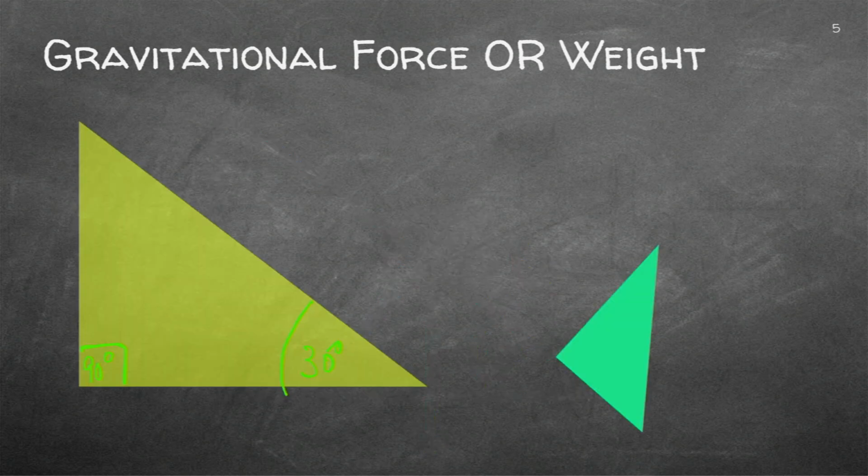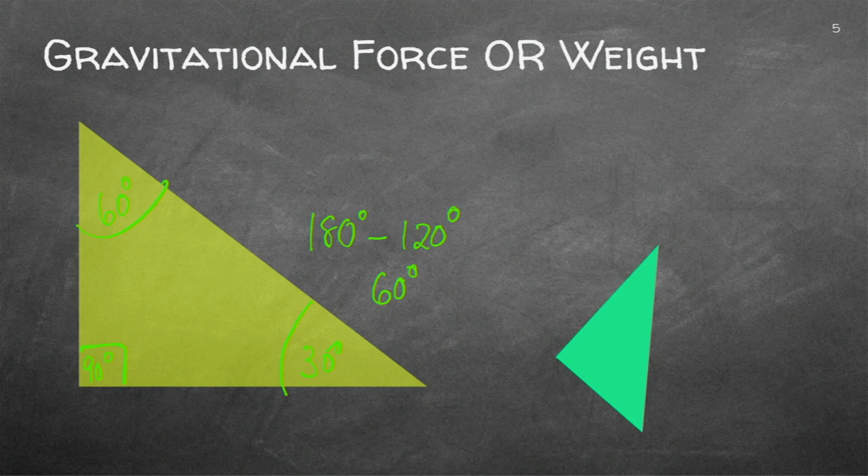So I've got the 90 and the 30. And can you tell me what the other angle could be? Well, correct. If I add the 90 and the 30, I get 120. And if I deduct 120 from 180, I will actually find that that angle there will be an angle of 60 degrees. So we've got the angles of the large triangle.